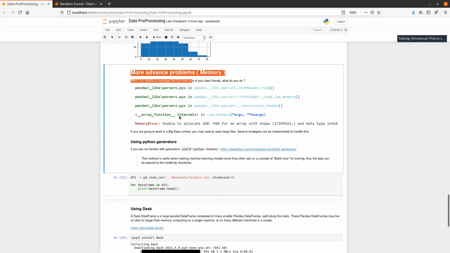I just want to finish this data pre-processing session, and then I will switch to machine learning. Let's say you have, and I want to point out this more advanced problem about memory. So anyone know that we are in this big data era, and often I find myself working with sometimes gigabyte size data sets. And so you will imagine that those types of data sets often cannot be read directly and cannot be put into RAM completely.